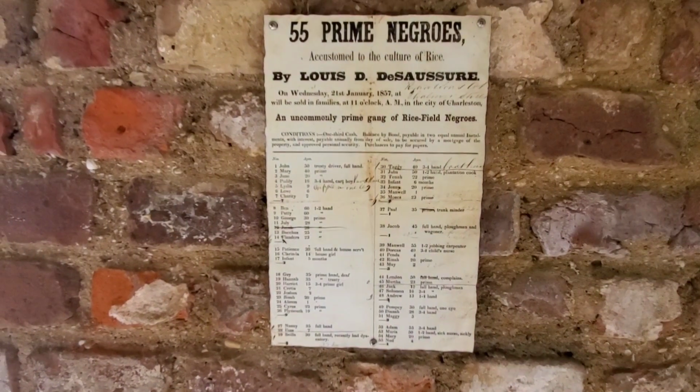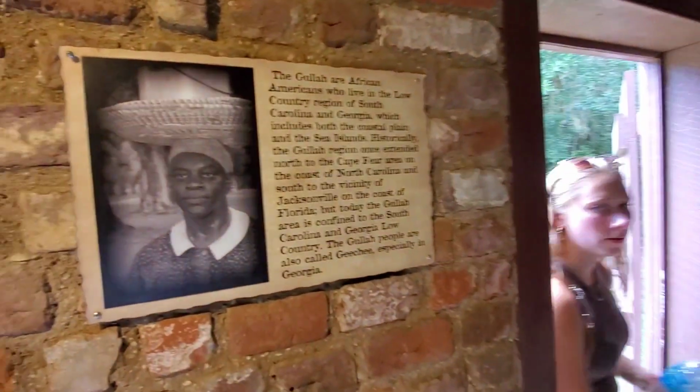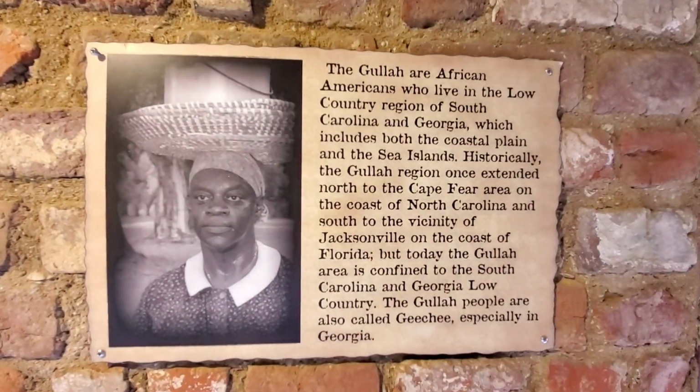On display in the slave cabin exhibiting archaeology is an original slave tag that was found there. The physical demands that were forced on slaves goes beyond